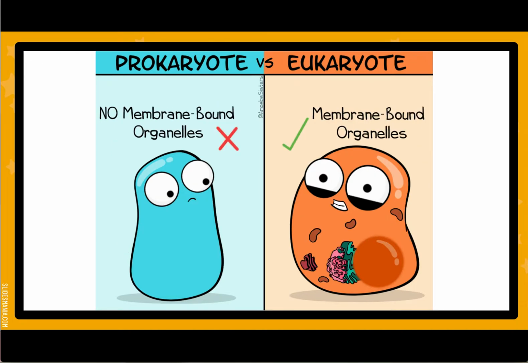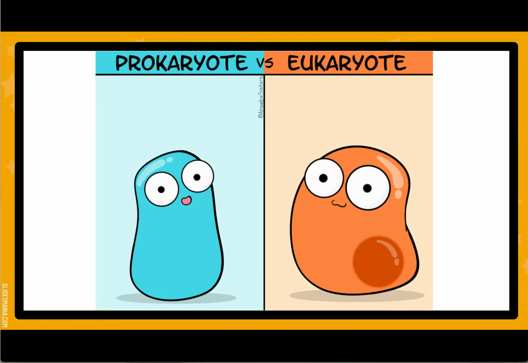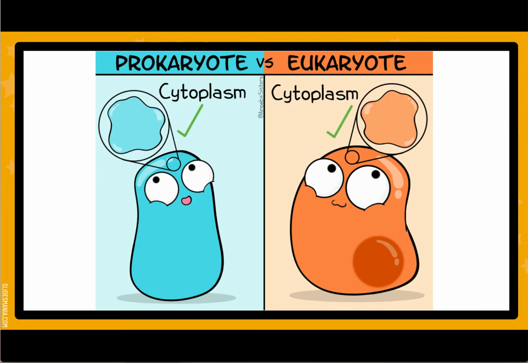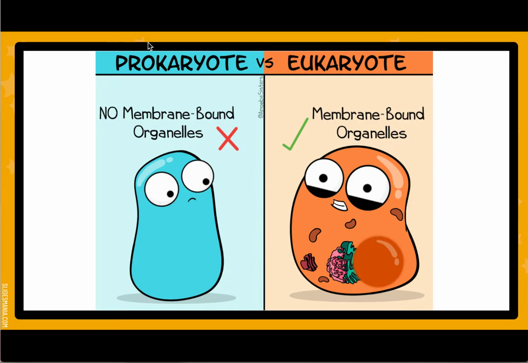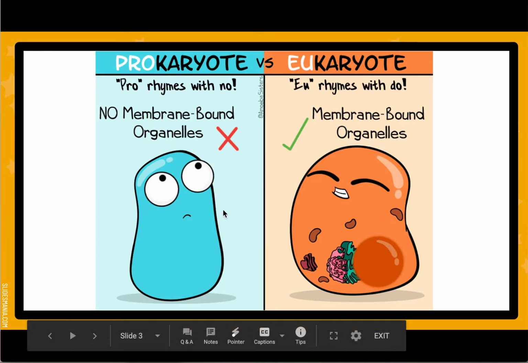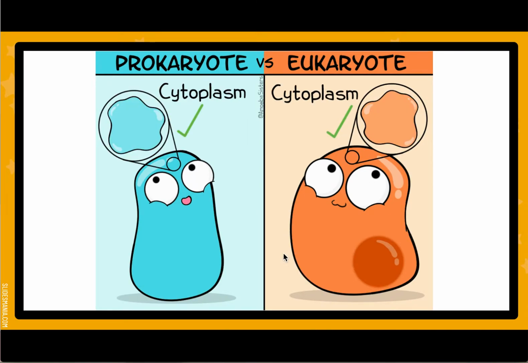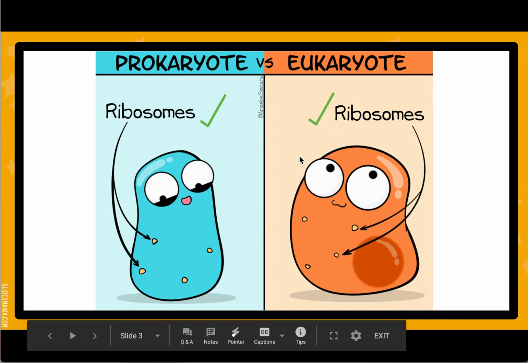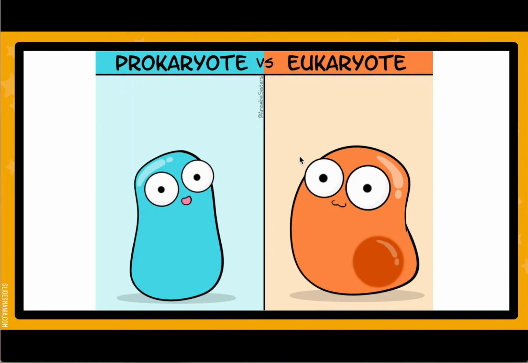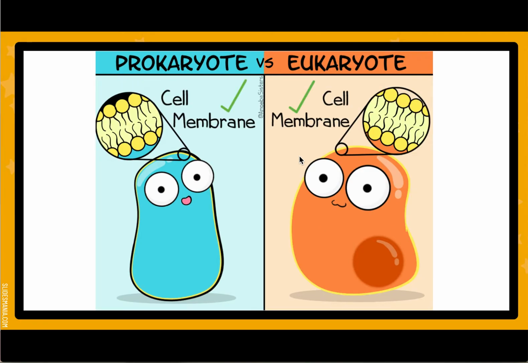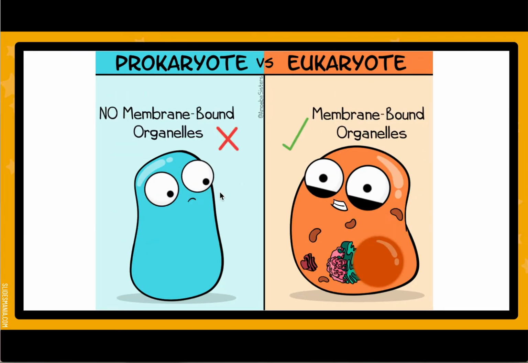Now, prokaryotic cells, again, are very similar to eukaryotic cells because they do have a cell membrane, they do have DNA, they do have cytoplasm, so there are many things that are similar. However, prokaryotic cells do not have a nucleus and they do not have any membrane-bound organelles. Versus eukaryotic cells, they have a lot of membrane-bound organelles, including the nucleus or the lysosome. All of those organelles that eukaryotic cells have are things that prokaryotic cells do not have.